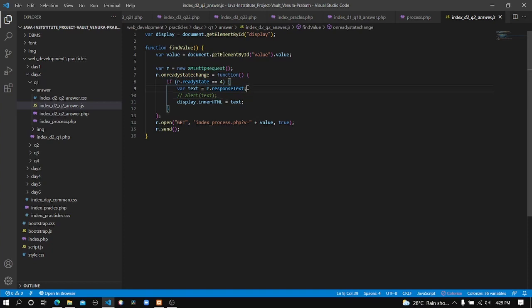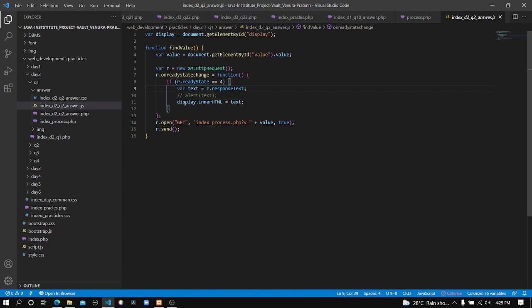We want the response, so we are checking if the state is equal to 4. Okay, if the state is equal to 4, it will execute this one, and I explained this one. I assign the response text which will come with the AJAX object to a variable called text, and